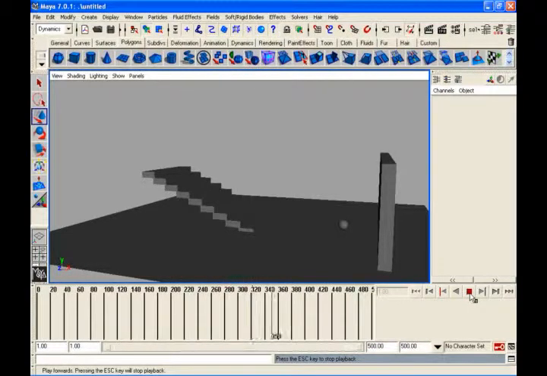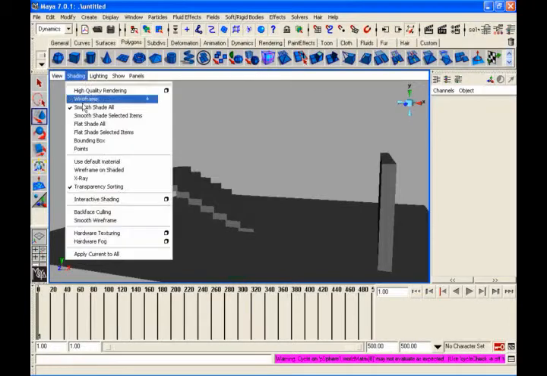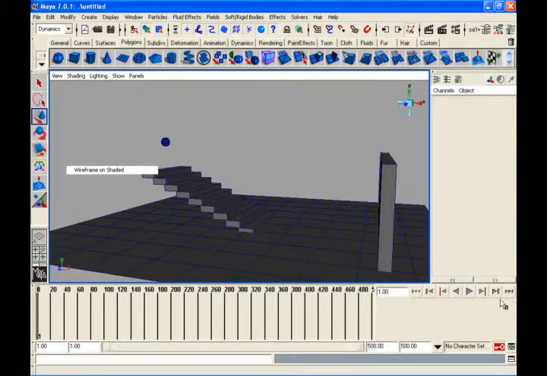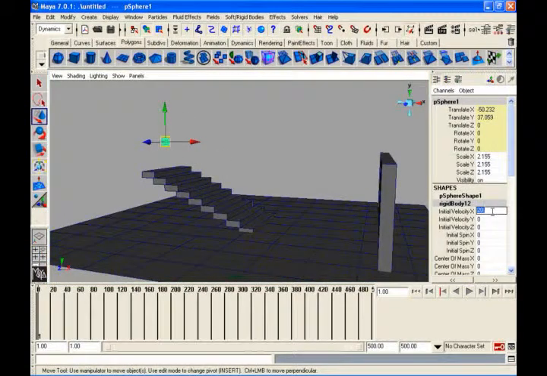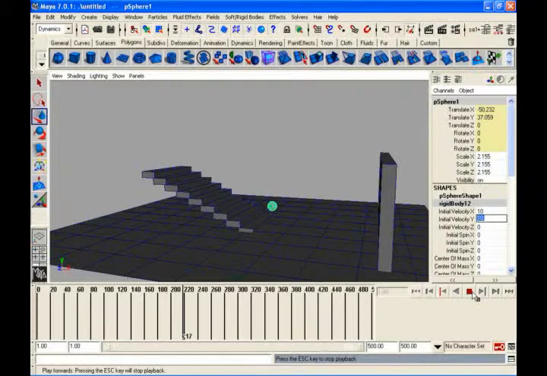I'll just switch on my wireframe so that you can see. No, not like that. I want it to bounce like this. So what I'll do is decrease the initial velocity like this, but in my y direction I want an upward bounce. I will put a little bit, like 10 up bounce, so that it will bounce up, take 2 or 3 bounces, then come down. If we decrease this more, like 15.